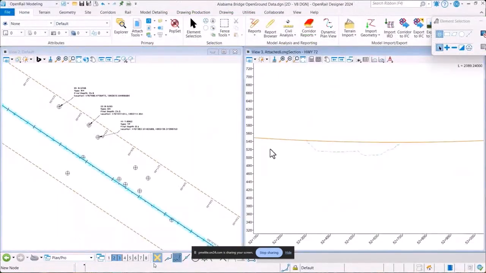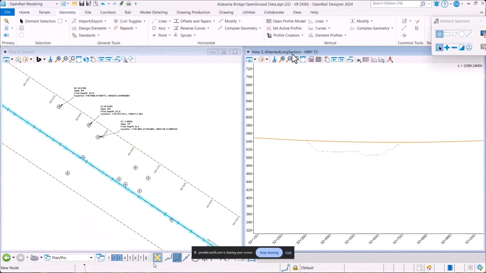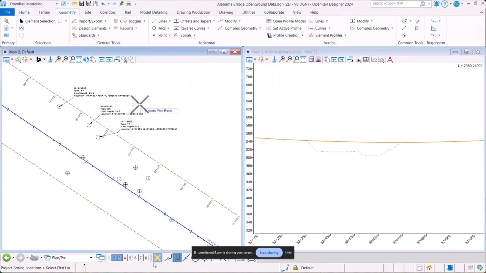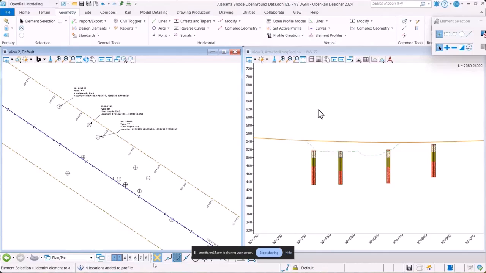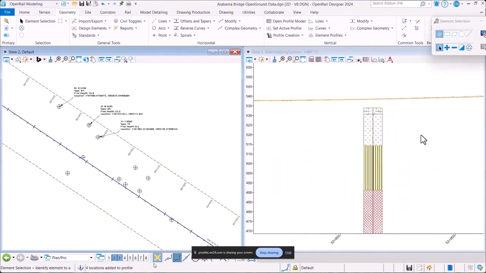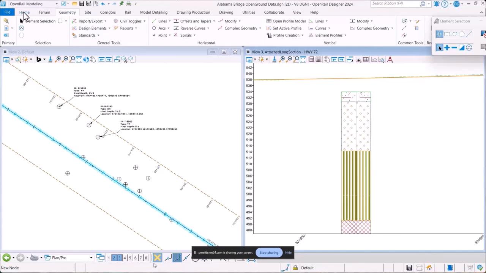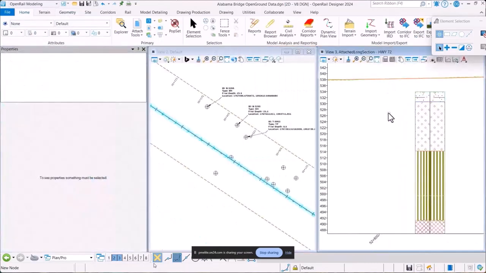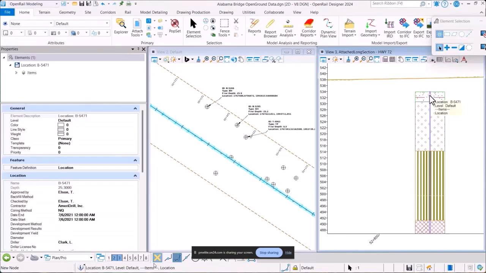So I'm back in my file that Marie gave me, and I'm just going to go to a different view. Here I've got a 2D view on the left and a profile view on the right. Under my geometry tab, my profile creation tools, I'm going to select this new project boring, and I just identify the alignment, and then I'm just going to identify a few borings to project onto my profile. And if I zoom in on these, you can see my feature definitions, my element templates, and everything have allowed me to